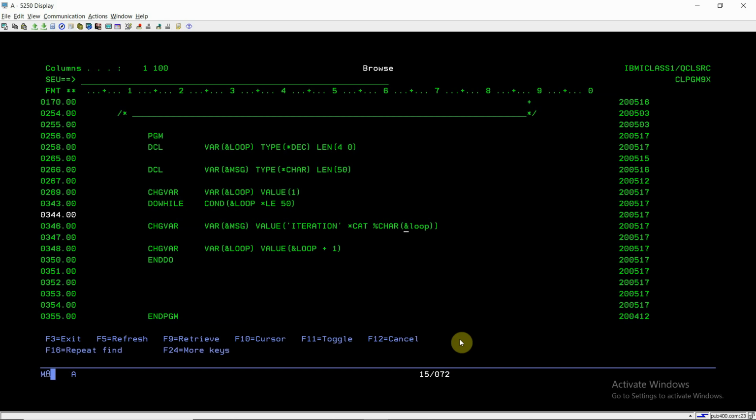The first time the loop value will be 1, and then we are converting that to character. Here we are using %CHAR for converting the decimal value of loop to character, and then concatenating using *CAT, which just concatenates two strings as they are.